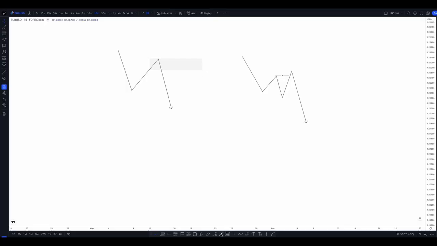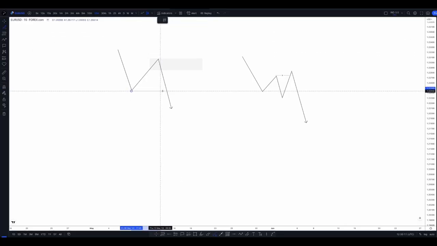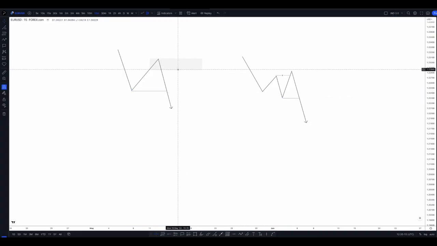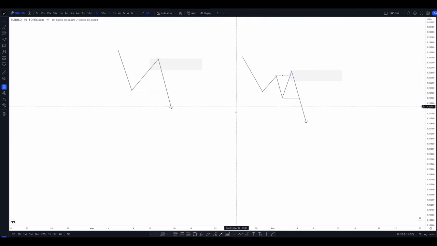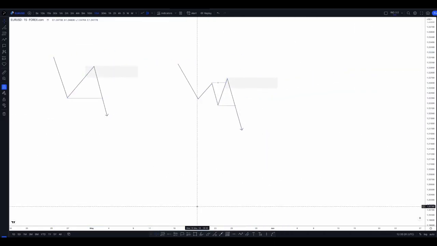So now we have, like we had over here, a zone that broke structure. Again, we have that same thing, but it also swept liquidity within the creation of the zone. So it's another little tick in the box that potentially this is an institutional zone, okay? Now, what we're going to be looking at with inducement is